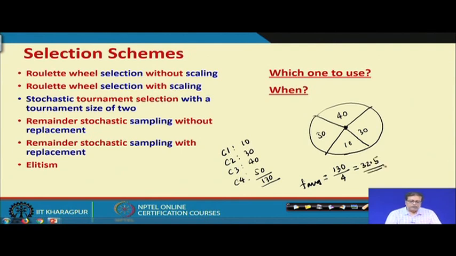Is it all right? Now in C1 the fitness is 10. If I divide by 32.5, this will be 20 by 65. C2 will be 60 by 65, C3 will be 80 by 65 and C4 will be 100 by 65.